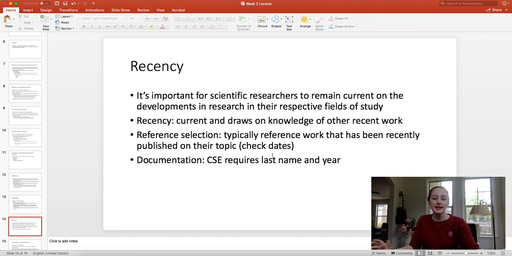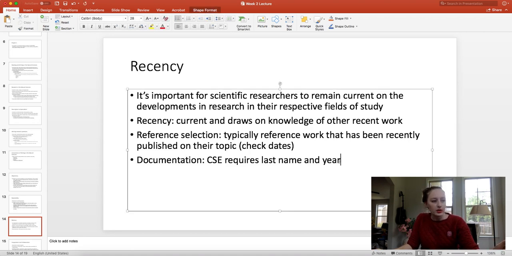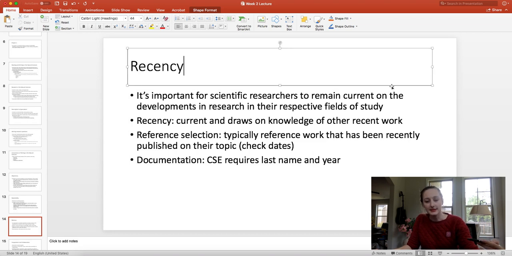So when you do MLA citation, you tend to put last name and page number, because in the humanities, they value detail in how language is used. So you want to be able to direct your reader to the page where you pulled a quote. In the natural sciences, they don't really care about how something was said. They want to know what was said and when. When was this research done? How recent is it? So they will use the year. They'll have the last name and the year to see, because they value how current the research is more than how was it said.